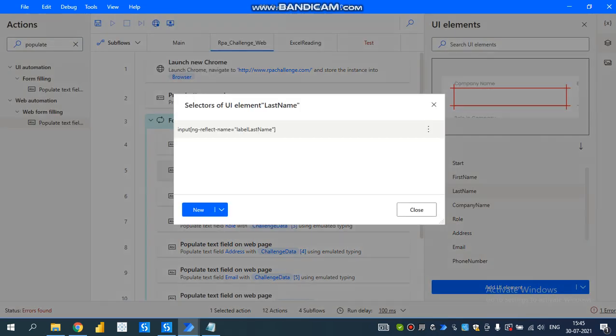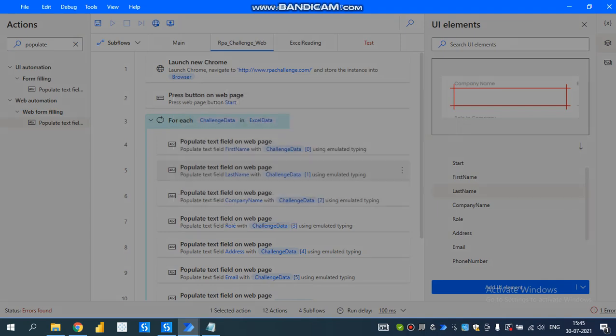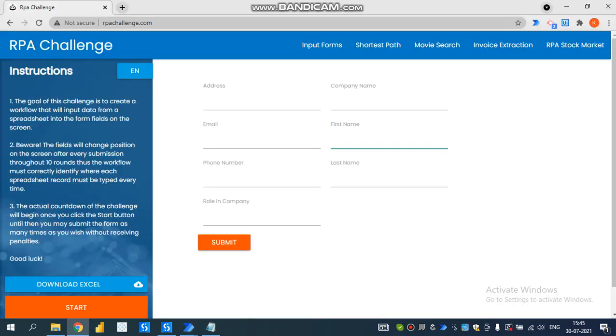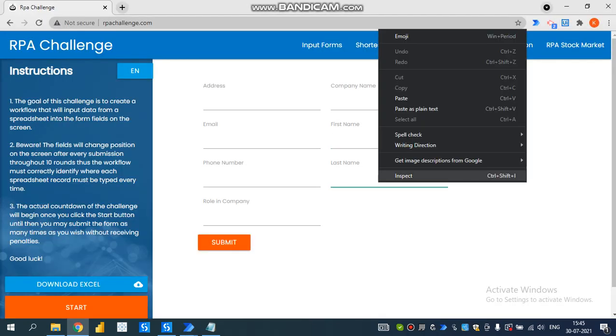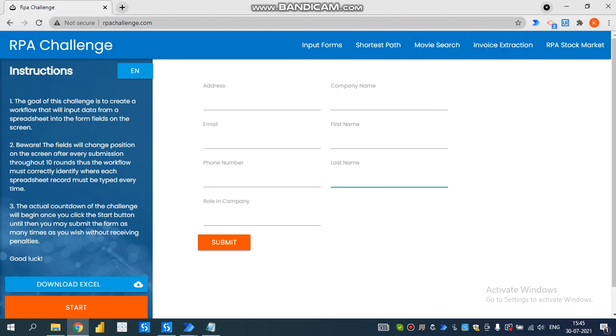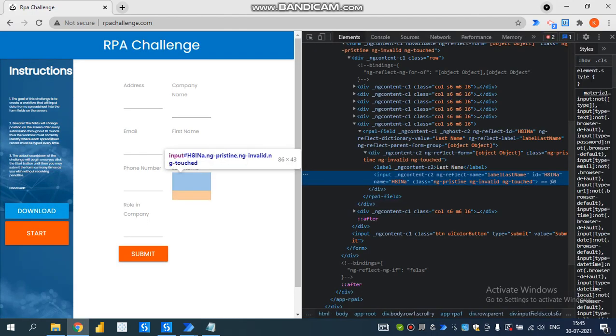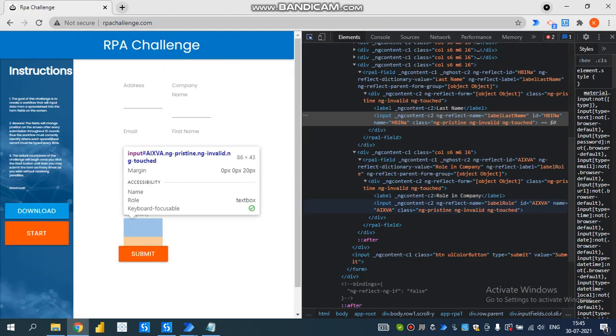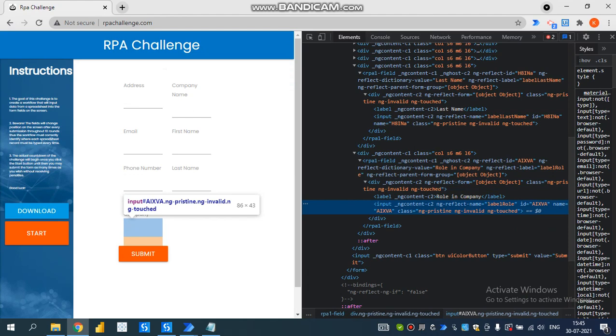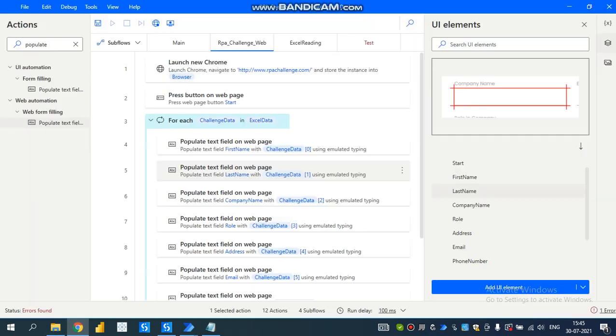See, label last name. You can find all these things in the inspect. Here you see ng reflect name, label last name. If you want role in company, see ng reflect name, label role. Like this we have to edit the selectors.